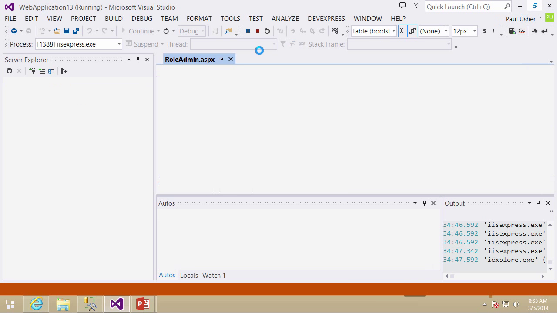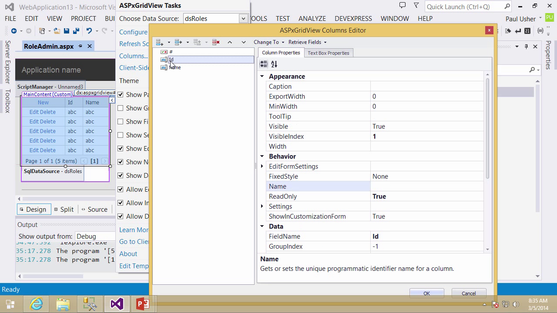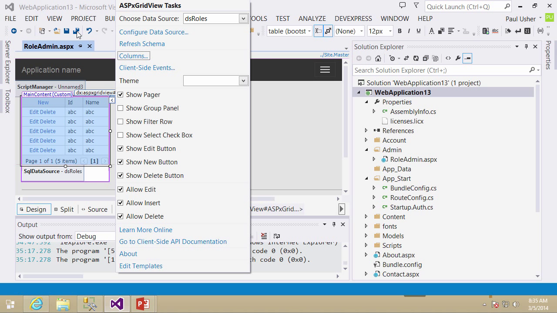First of all, we'll exit out of the browser. Let's jump into the columns editor. And on the ID column, I'm going to look at the edit form settings. Simply turn visible to false on edit form. So now when I run,